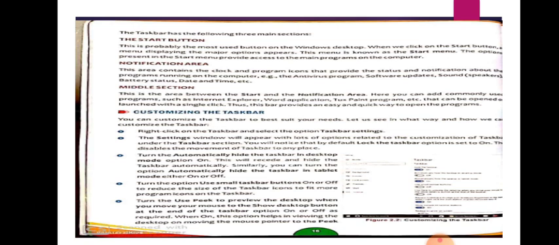Automatically, the taskbar can be hidden in desktop mode using options. If you are using the taskbar right now on your computer, you can take the help of your computer book, page number 16, figure 2.2, which will give you a guide to the options available.